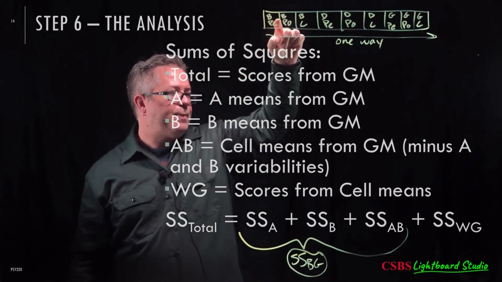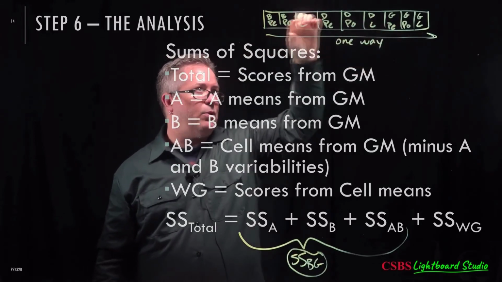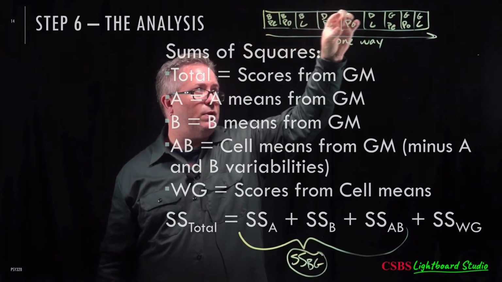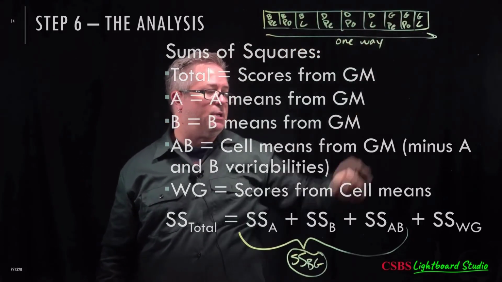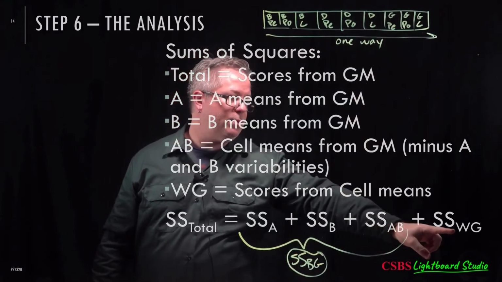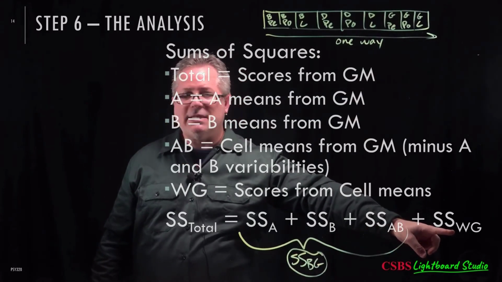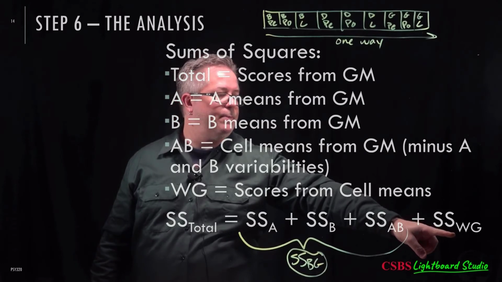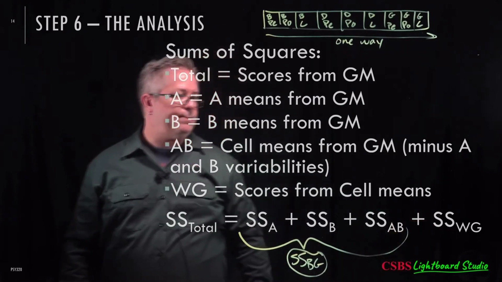Because if this were a one-way, I'd be looking at the within groups within each one of these little boxes, little cells. So my within groups, really in a factorial, is my within cells variation, within groups variation. Okay. Before we look at all that stuff laid out as an equation, so we start moving towards how to actually analyze and calculate those values, I just want to mention that